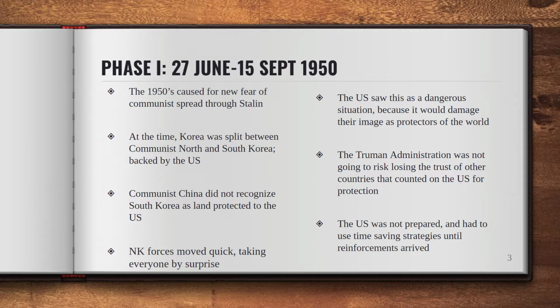So, Communist China didn't recognize South Korea as land protected by the US. So, the North Korean forces moved quick by taking everyone by surprise because they had tanks, and the South Korean army did not have tanks. So the US saw this as a dangerous situation since it would damage their image as protectors of the world, and the Truman administration was not going to risk losing the trust of other countries that counted on the US